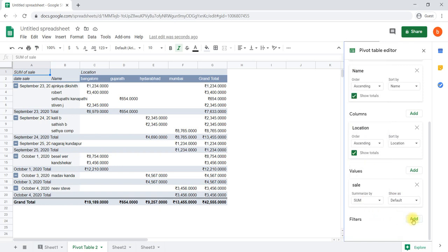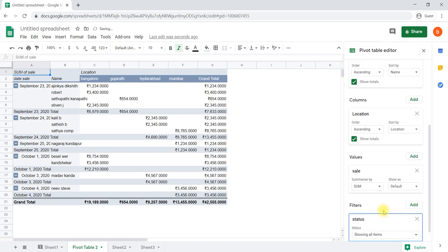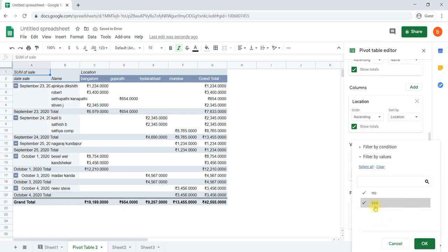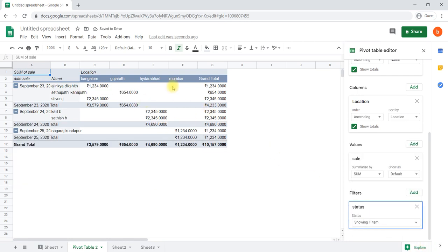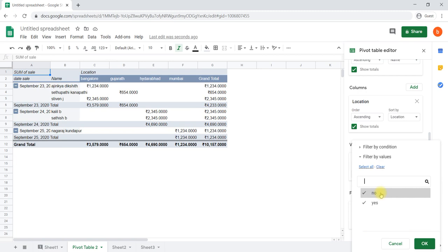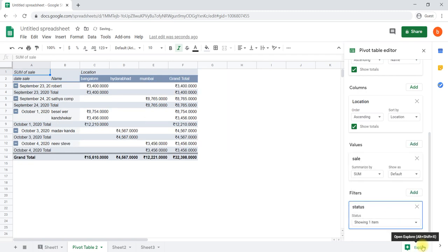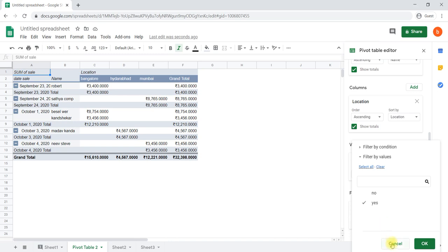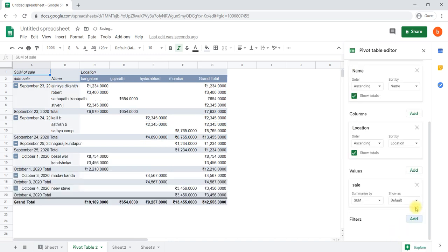Even you can add a filter. For example, you can add a filter for status. For example, those clients with less than 3000 are filtered out, so you can say that only the persons who have ordered more than 3000 are shown. This way we can utilize the filter button here. We can close that one if you don't want it; you can close it if it is not required.